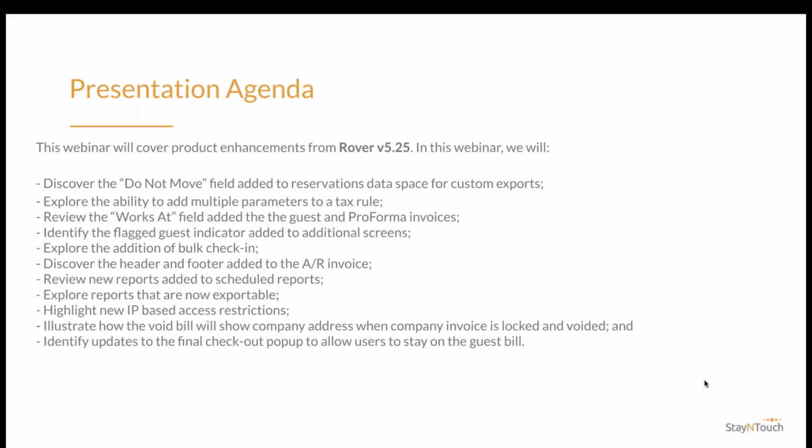Today's presentation will cover how you can get the most out of the Rover v5.25 product release. In this webinar, we will discover the Do Not Move field added to the reservations data space for custom exports, explore the ability to add multiple parameters to tax rule, review the works at field added to the guest and ProForma invoices, identify the flag guest indicator added to additional screens, explore the addition of bulk check-in, discover the header and footer added to the AR invoice, review new reports added to scheduled reports, explore reports that are now exportable,